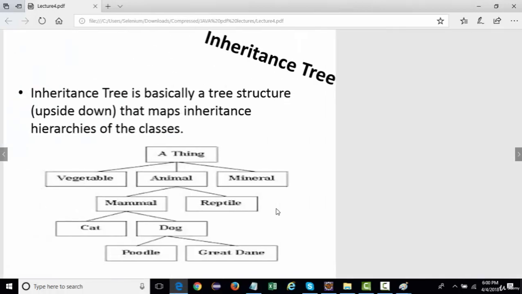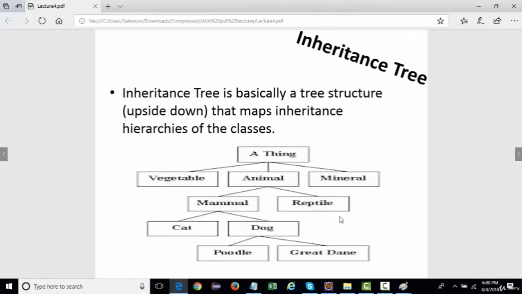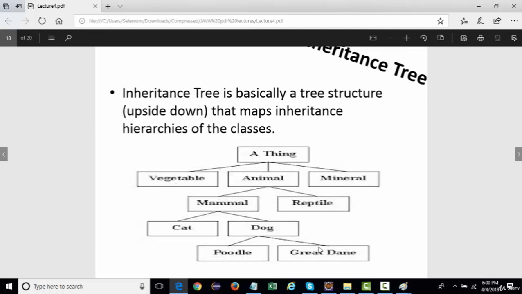Now, if you take a look at this tree, let's say the Great Dane class. How does JVM actually work? JVM will first look at the functionality inside the Great Dane class. Let's say there is a method sound, which is there in a dog class, a mammal class, animal class, and any other class as well.